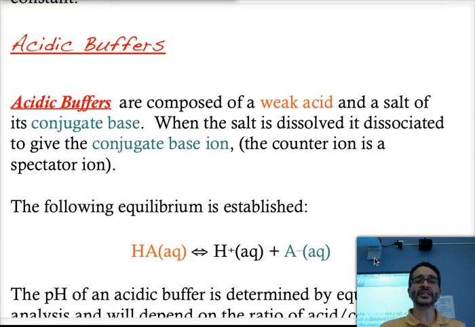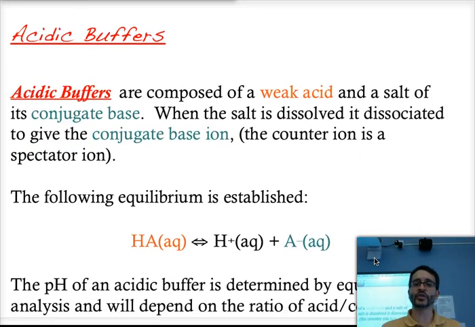If we are making an acidic buffer that is composed of a weak acid and the salt of its conjugate base, when we dissolve them, the solution is going to be ever so slightly acidic. All right. So you're going to make buffers that have a pH below 7. Now,